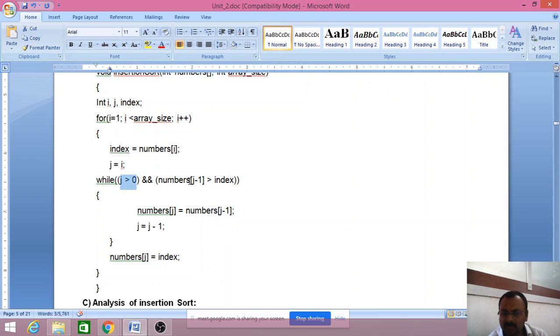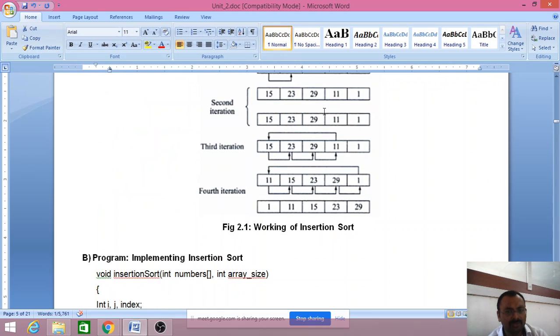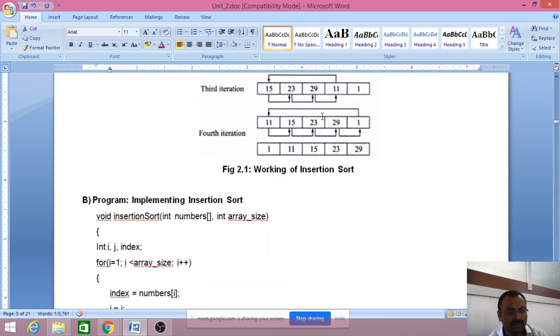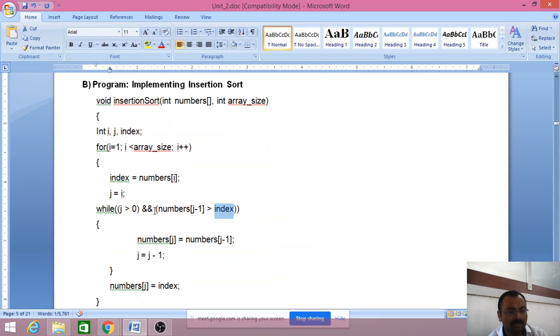Then numbers[j - 1] greater than index: the value of j is 2, 2 minus 1 is 1, and numbers[1] is 23, compared with the index value 29. The comparison is false.